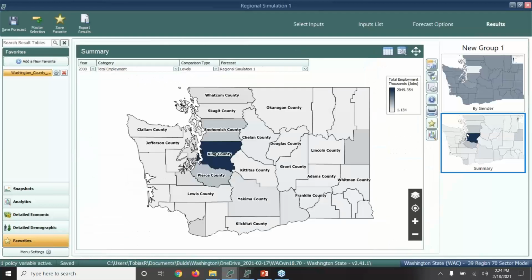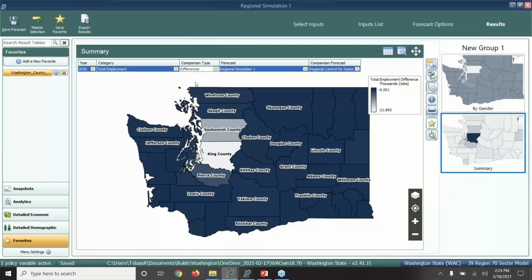But let's take a look at GDP. Or not GDP, employment. So we see that King County has the highest concentration of jobs and the densest population, but Pierce County and Snohomish are doing all right as well. And let's look at differences. These are differences from our baseline before we had that 10,000 aviation decrease. King County sees the biggest decrease, losing about 21,000 jobs in 2030,